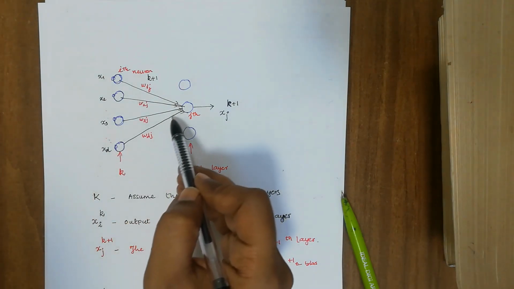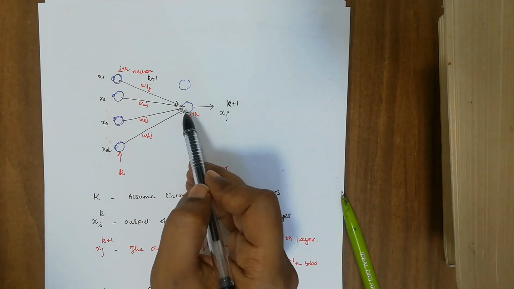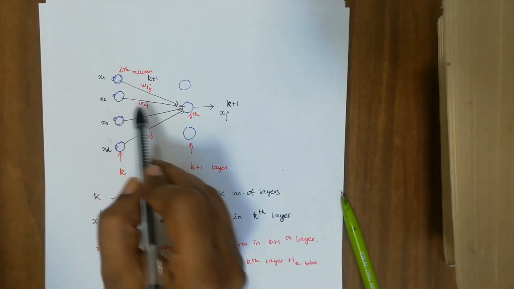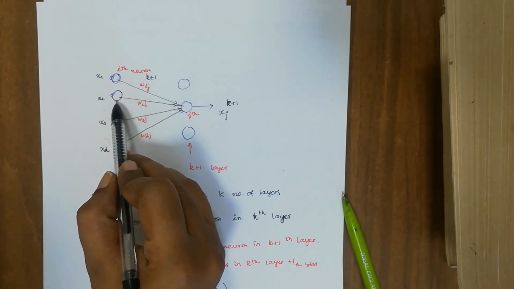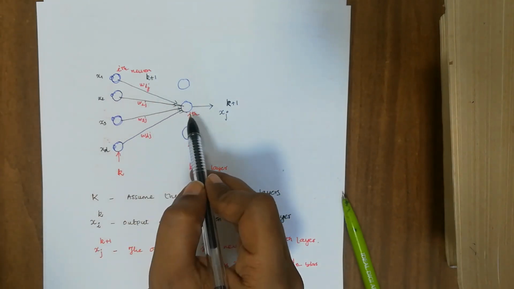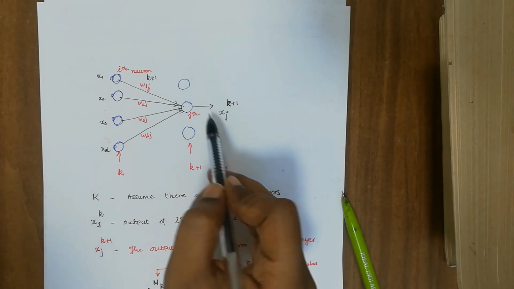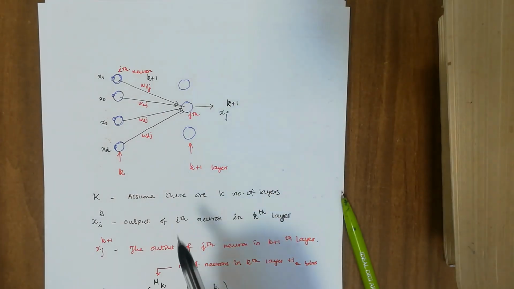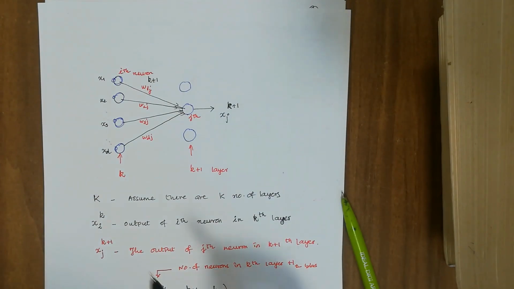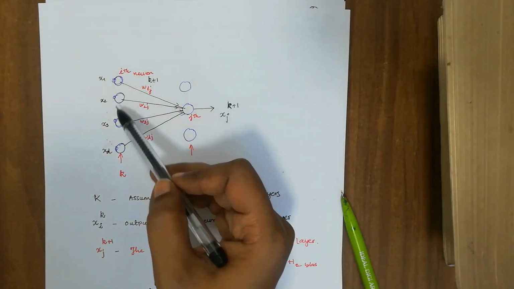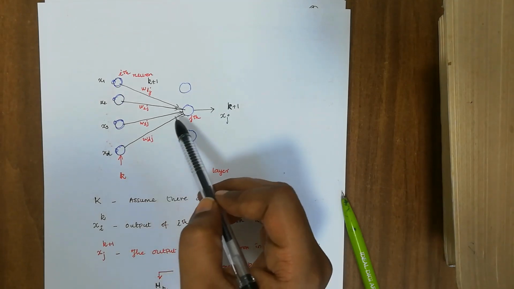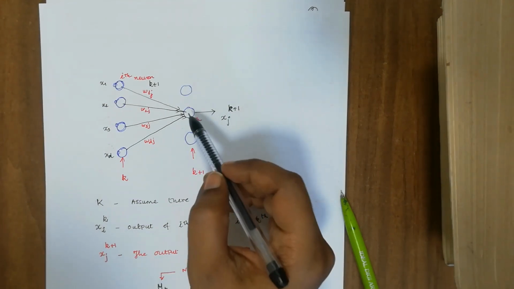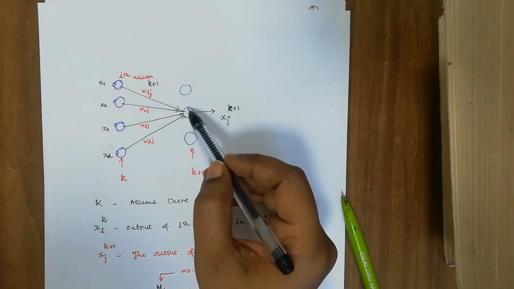So the layers the weights connect can be represented as a superscript. And between what and what? Between the ith neuron in the kth layer and the jth neuron in the k plus 1th layer. So it can be represented as Wij. And given this, since every node in the kth layer is connected to every node in the k plus 1th layer, but let us consider only one node as of now.